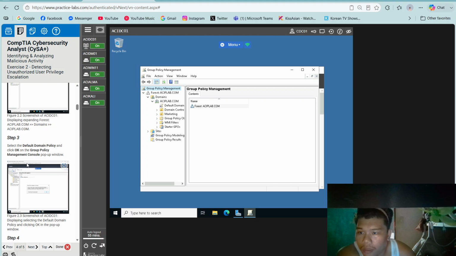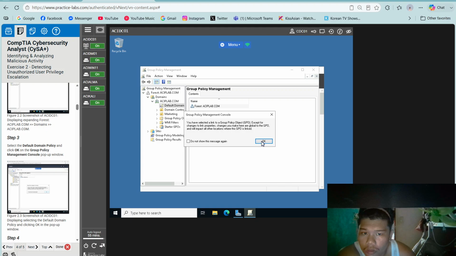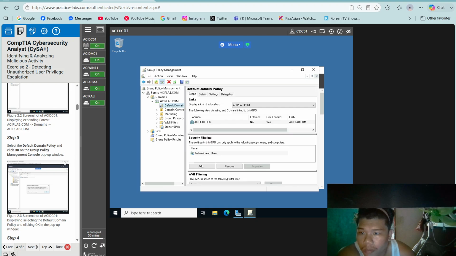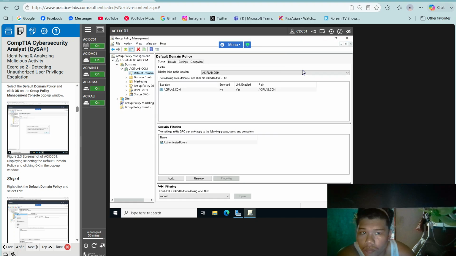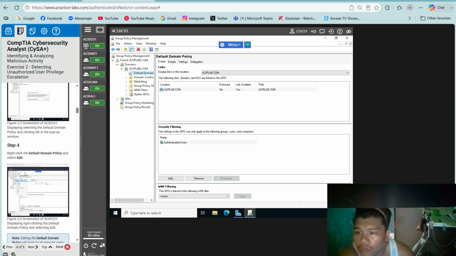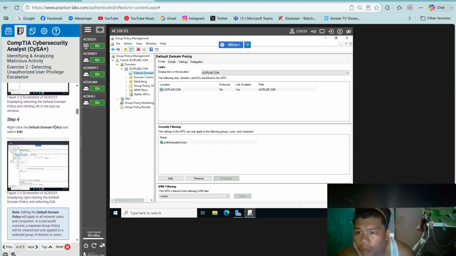Select the Default Domain Policy and click OK. In the Group Policy Management Console pop-up window, right-click the Default Domain Policy and click Edit.